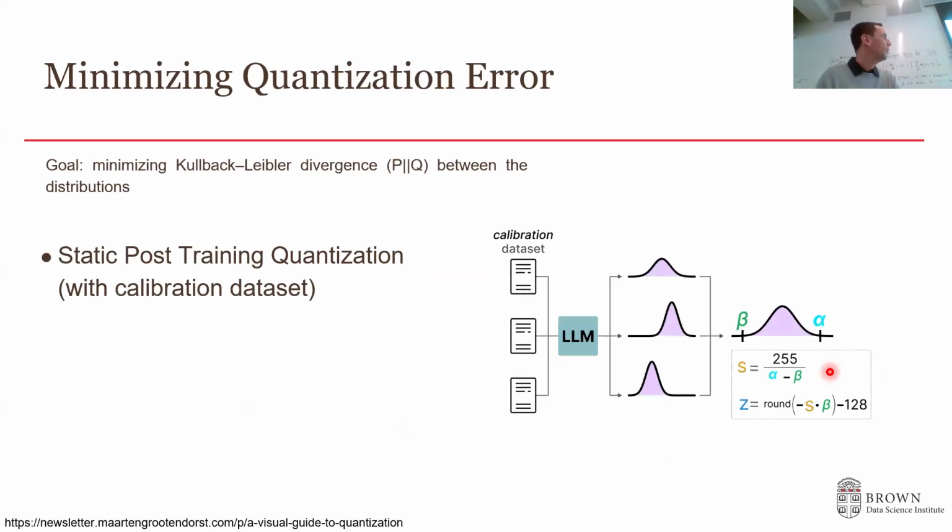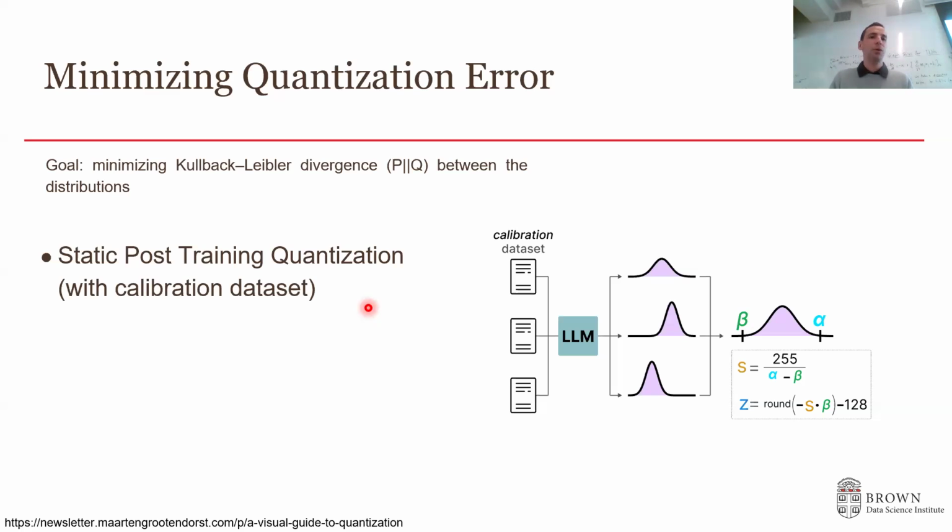One is doing that with a calibration dataset. That means we have our two distributions. We want to make them as similar as possible. So we have a calibration dataset. We run our model on the calibration dataset, and we see the actual values of the tensors. And now we know what the right min and max to use is. We can have different techniques to select outliers, but it's a standard procedure. But the problem is, even though it's a very lightweight, simple method, that it may fit to our calibration dataset, and that's not going to fit any other dataset we're going to meet in the future.